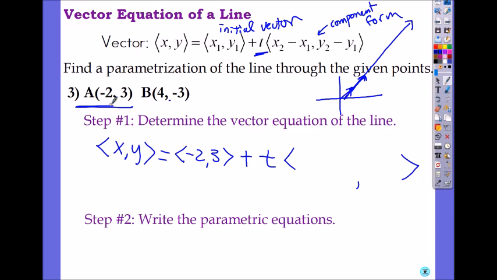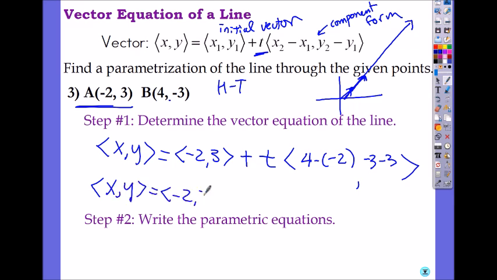It will be terminal minus initial. Remember, head minus tail to get the component form. So it's 4 minus -2 and -3 minus 3. So we get the vector form x, y equals -2, 3 plus t times